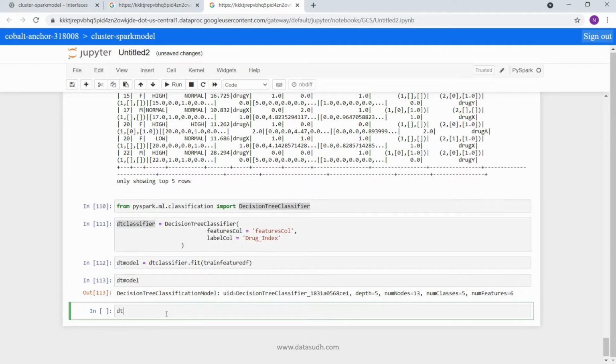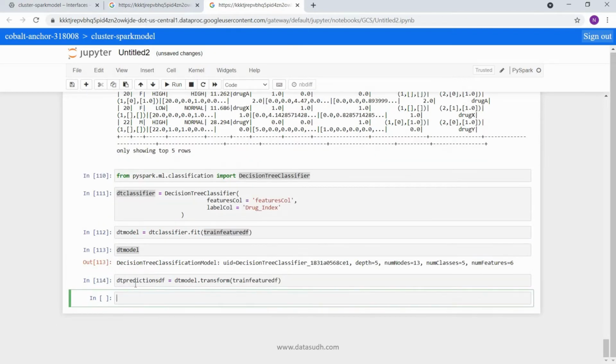So decision tree predictions data frame equals, use this model to transform our data set, and then see the data.